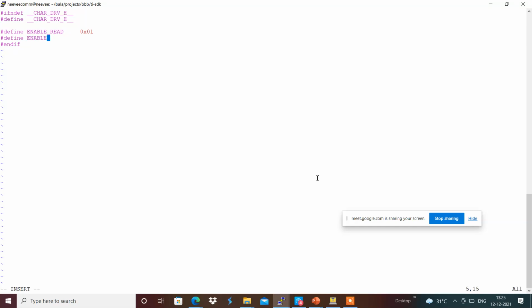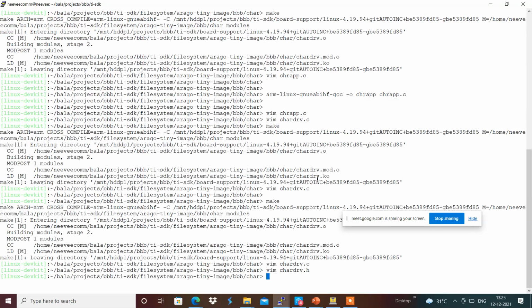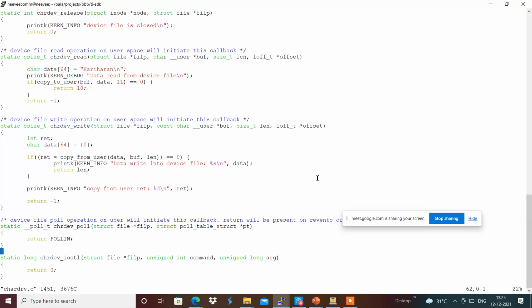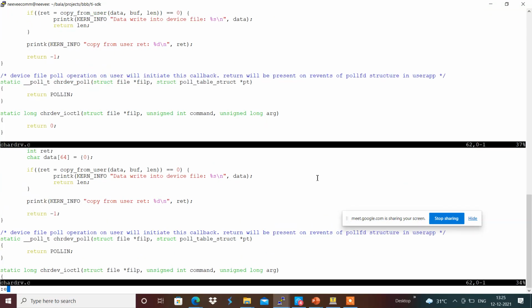For example, I'm going to use these commands in the ioctl function, inside a switch of command.